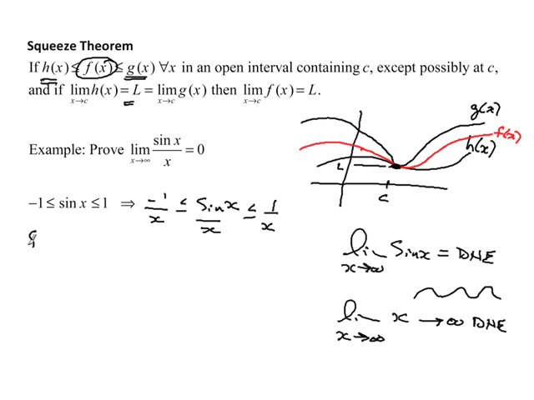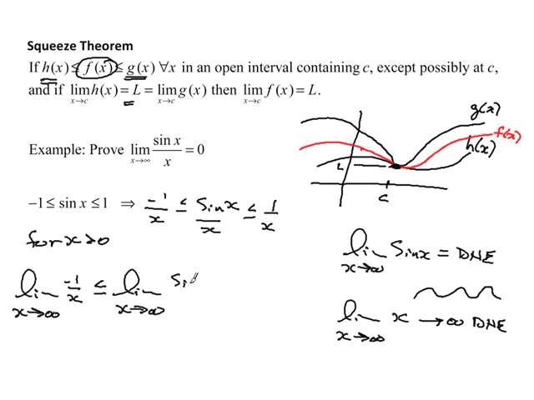I need to specify here for x greater than 0, for x positive. For x positive, this is true. So what I can do is take the limit as x goes to infinity of -1 over x, which has to be less than or equal to the limit as x goes to infinity of sine x over x, which must be less than or equal to the limit as x goes to infinity